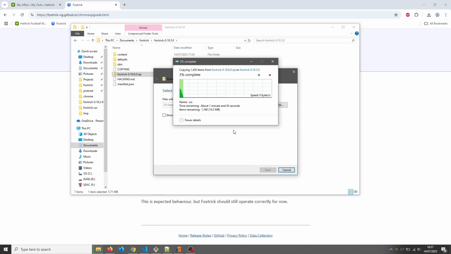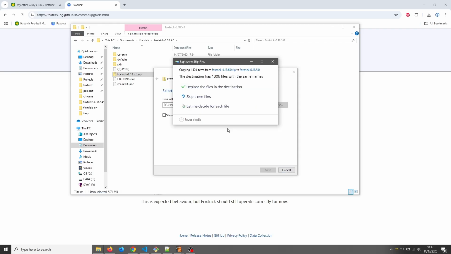Again, on my computer, it's going to be very slow, so we just have to be patient. But in a moment, it's going to ask me if I want to overwrite the files that are already here. So let's wait for that. There we are. We're going to click here. We want to replace the pre-existing files. And then we wait. Again, if you use 7-zip for this, it's really fast.